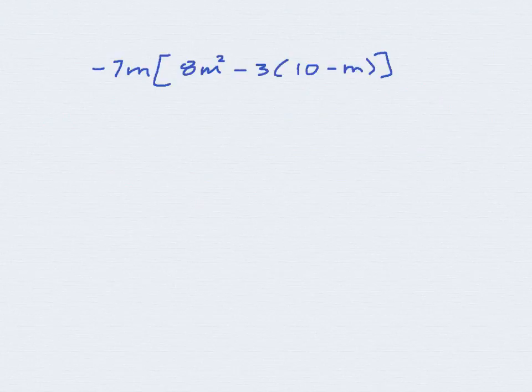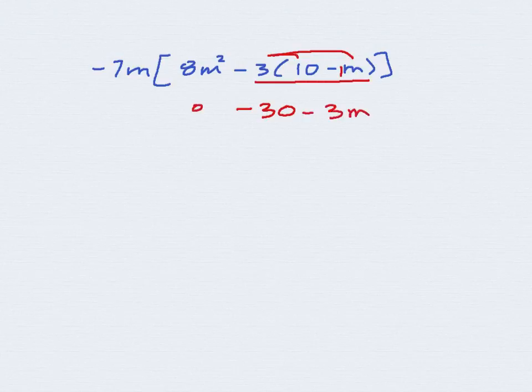Okay, this question, simple instruction would be to simplify. So the hint I've been giving you all along is when you have a set of double brackets, work from your inside out. So on the inside I see this. 10 minus m cannot be simplified, but the -3 can be brought across the bracket. So -3 times 10 is going to give you -30. And a -3 times a -1m is going to give you